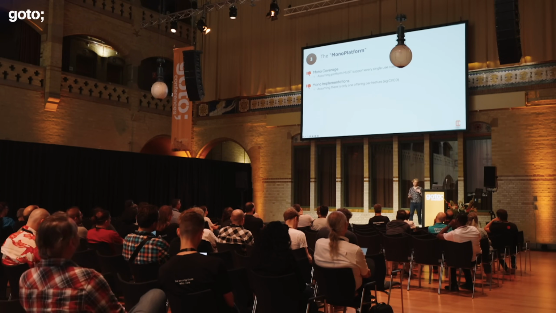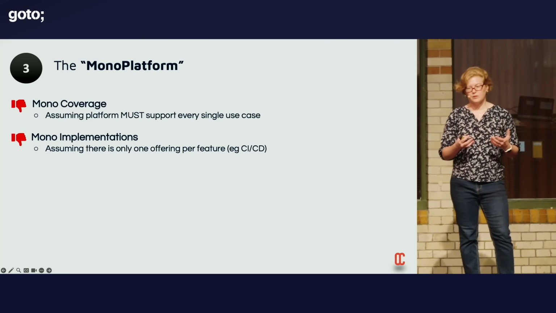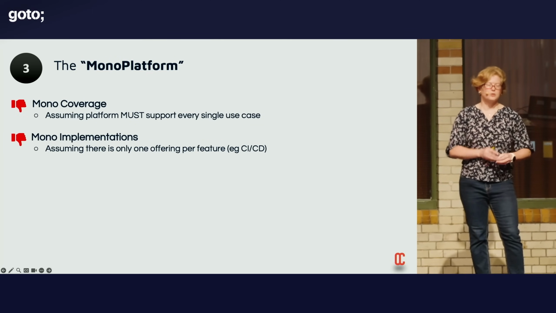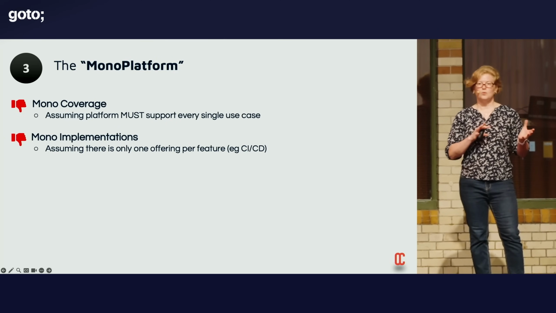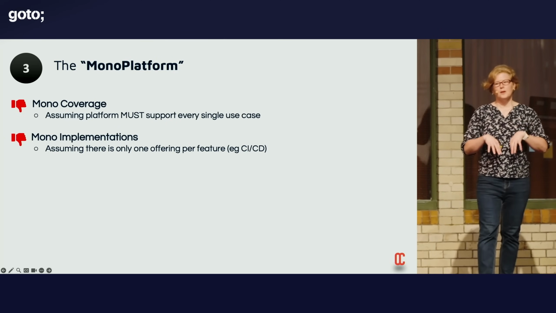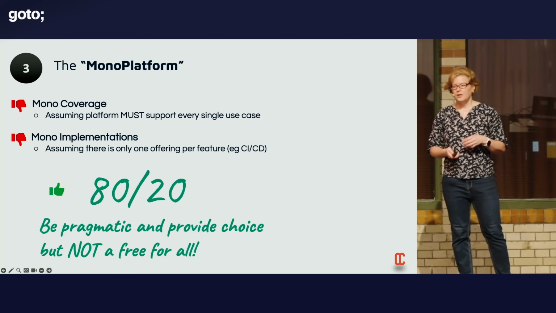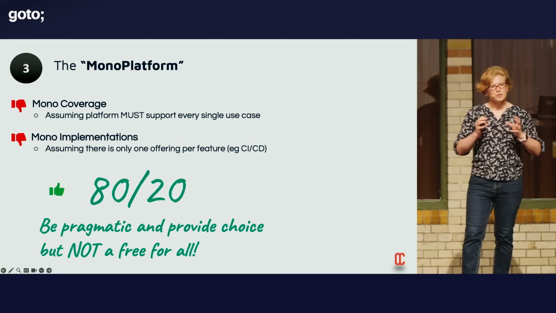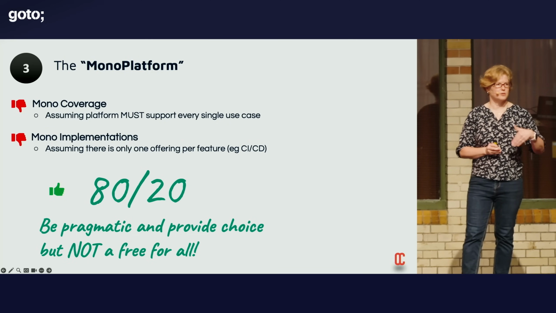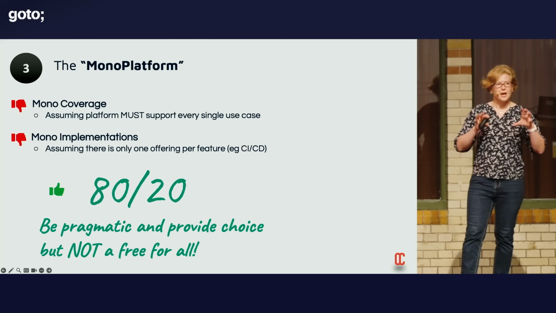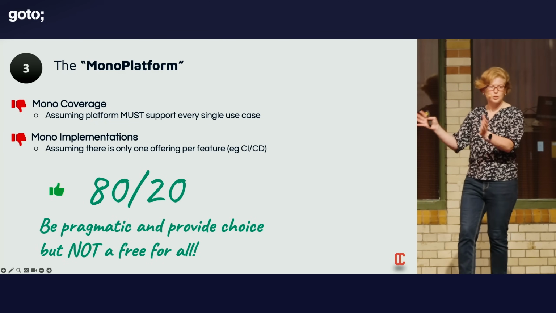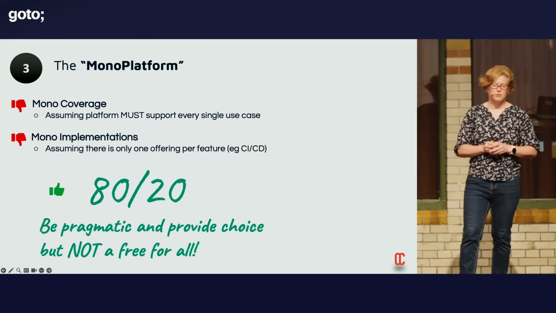But the reality is that for a platform to be really kind of helpful, it generally will need to have a few offerings. So maybe you need a GitOps approach as well as a push model for some people, or maybe you do need certain different sort of technologies. You need to find a way to balance these two. So again, the suggestion that I would make here is to find out what is the majority of the cases that are going to solve the main sort of challenge for the user, and give them a choice out of that. So it may be that there's 2 or 3 options, and you can say we're going to support these 3, and you can choose out of these 3, but that's it.